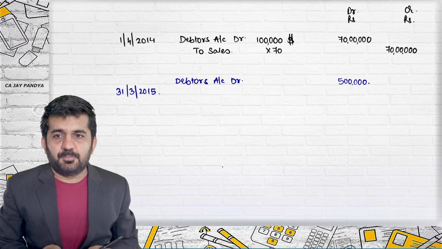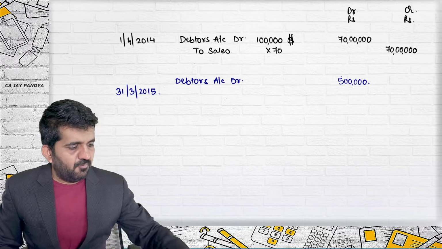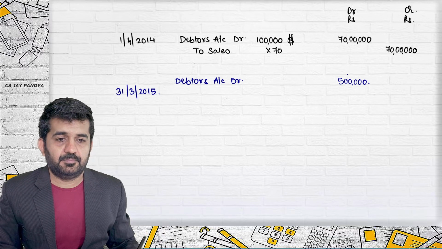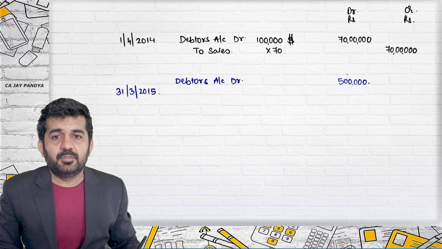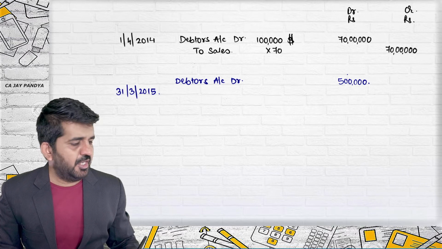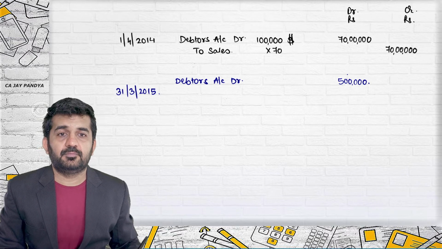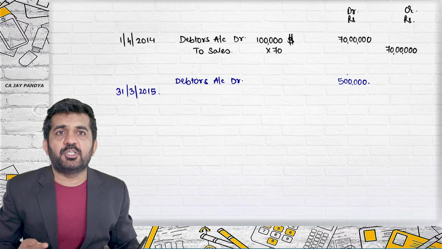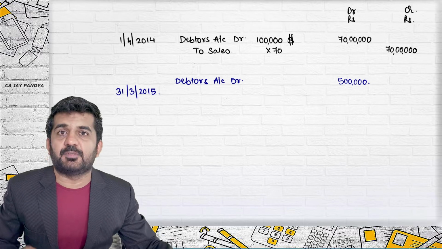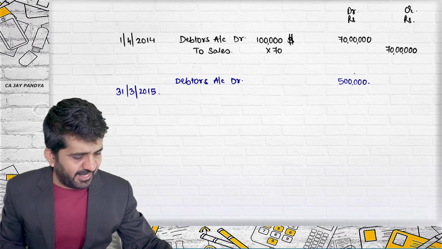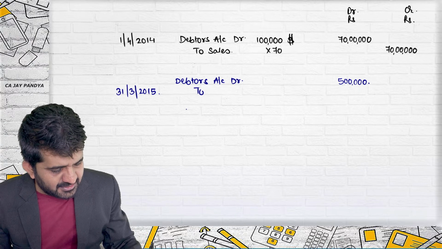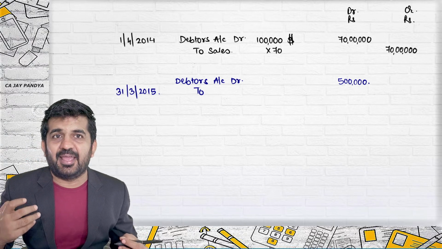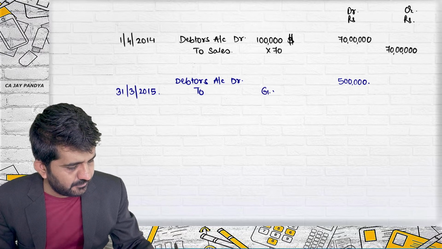All right. Yes, Bhavya. Why not 75 lakhs? Darshita? Because 70 lakhs is already debited. So what is yet to be debited is only 5 lakhs, because I want to record it at 75 lakh rupees. Is it all right? And understand, you don't need to pay anything to anyone for this. Ultimately it is your gain.